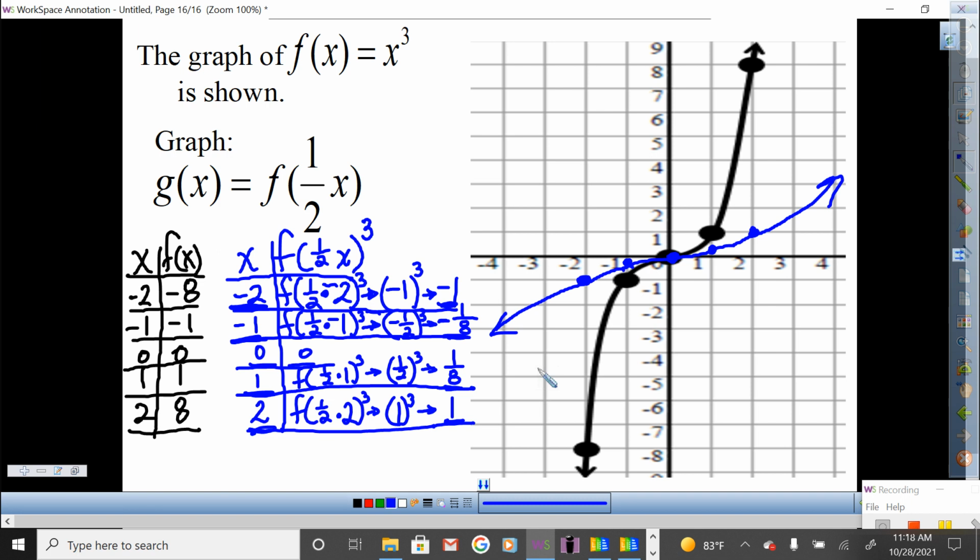You said stretch or squished? Squished. Okay, I'll take squished, but the correct term is stretched. However, instead of stretching vertically, now it's stretched horizontally. You guys see it? You're like, oh, now that you say it like that, Mr. Q, okay? So here we go. Look up to the screen. So we just found out that this denominator stretched it horizontally. So if I was to write it without that number, g of x equals f of